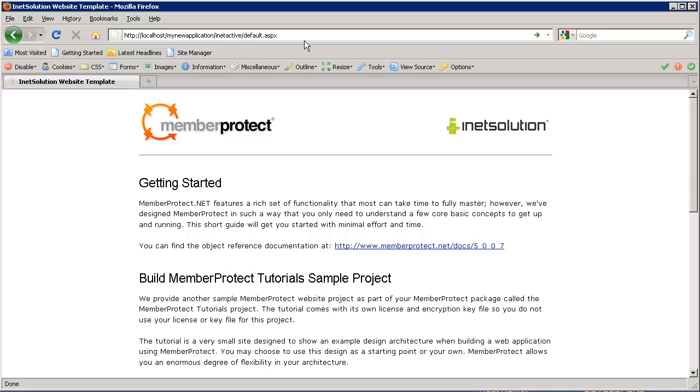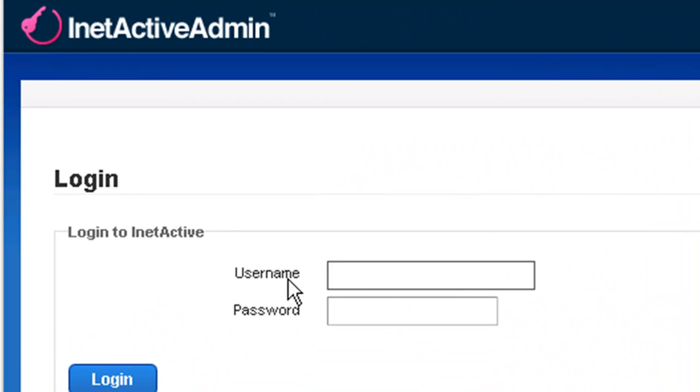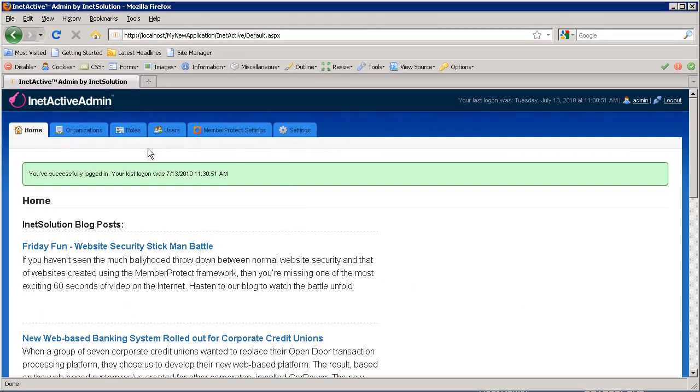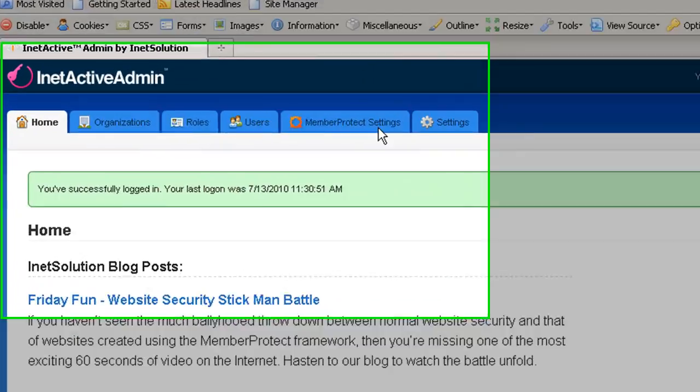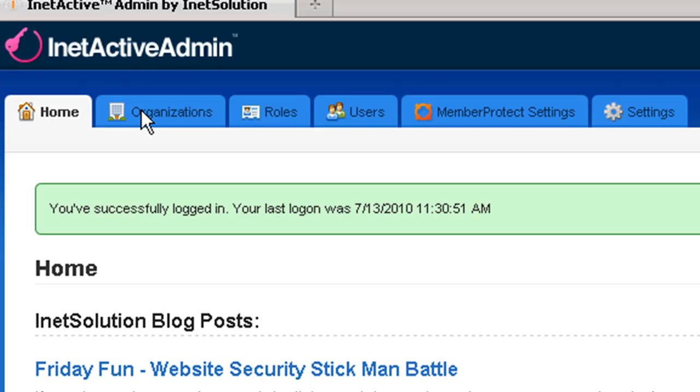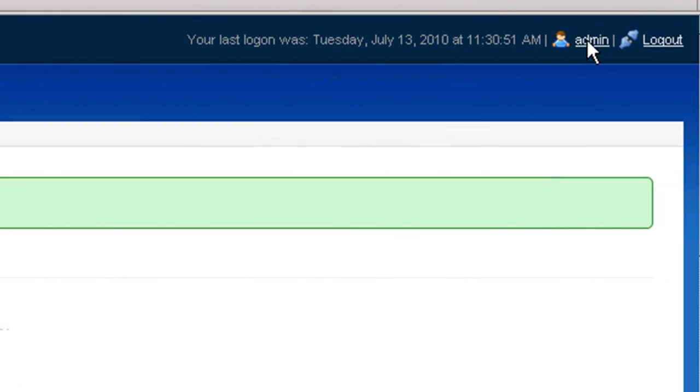which is what helps you get up and running very quickly with MemberProtect by being able to create organizations, users, roles, and manage some of your site settings. You can see it requires us to log in. So we're going to go ahead and use the admin user ID and password that we created. And you can see now that we are in iNet Active. We've logged in as admin,